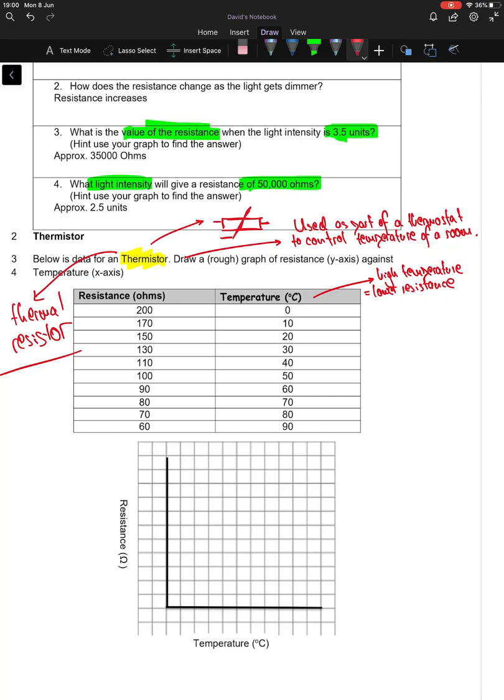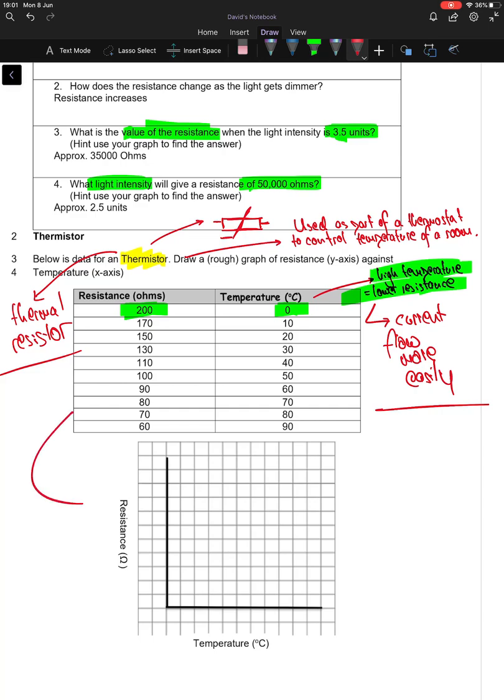So draw a rough graph to show resistance against temperature. And if you look at this, remember, if you've got high temperature, you've got low resistance. Low temperature, high resistance. So if you've got high temperature and low resistance, it means the current is going to flow more easily. Good. Okay, so